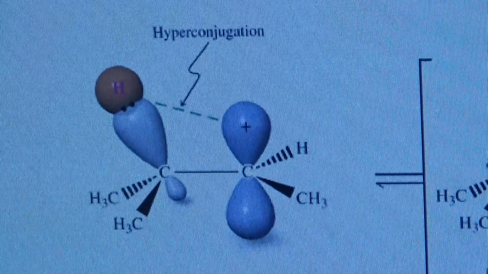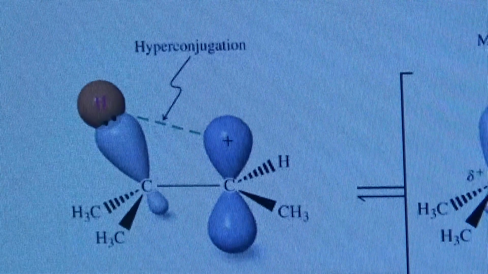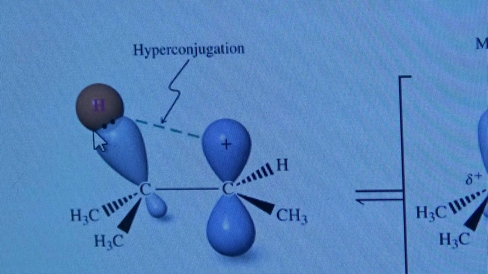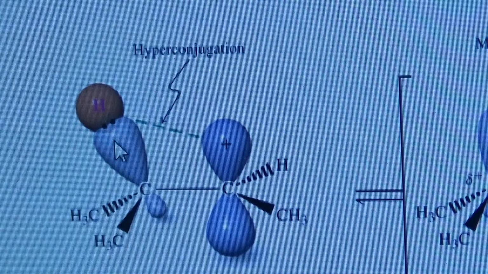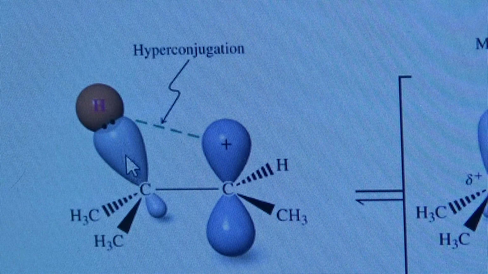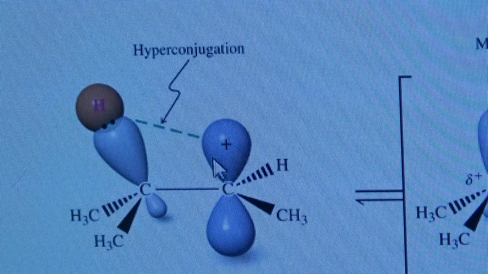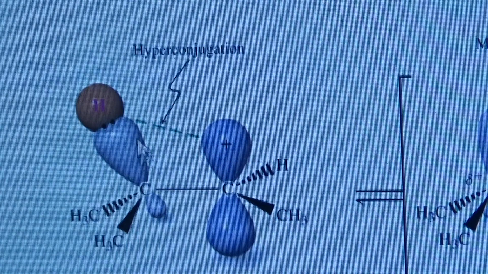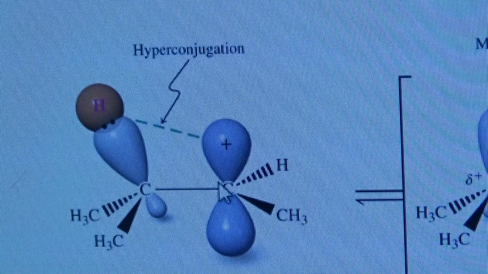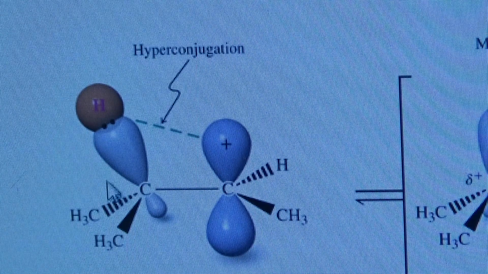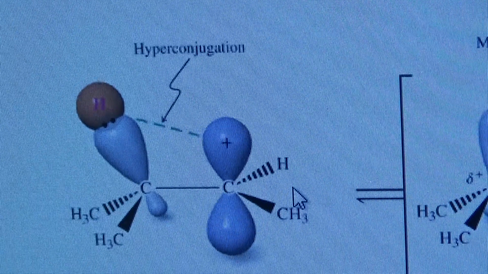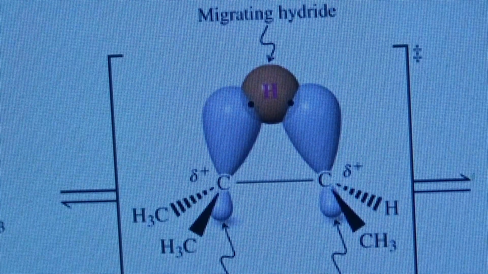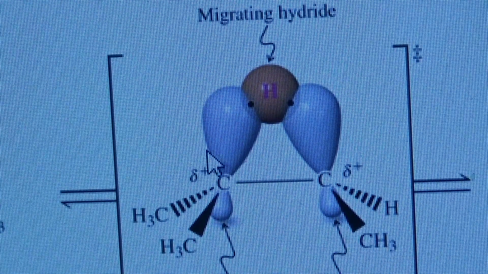This shows another way to draw that. Remember that concept of hyperconjugation, of how carbocations are stabilized, how the bonding electrons on the C-H are overlapping with the partially positive carbocation, right? And if you have a bunch of these, it stabilizes carbocations. But a secondary doesn't have that many of those stabilizing interactions. Anyway, through hyperconjugation, that shows how the hydrogen can migrate and jump over, and